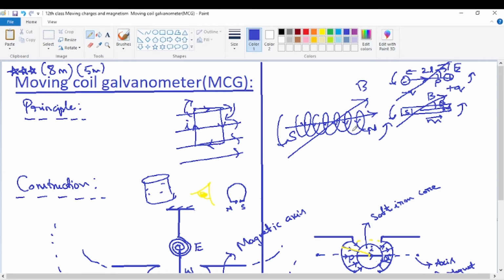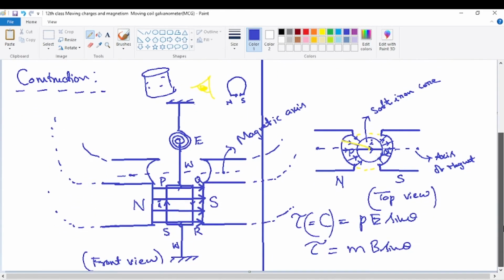Based on that derivation and its result, many things can be proved related to a coil behaving exactly as a bar magnet. One such proof is, what is the torque acting on a coil carrying current? That can be shown to be exactly similar. Torque acting on a circular coil carrying current can also be shown to be mB sin theta, where m is the magnetic moment of the coil carrying current, whether it's a circular coil or a rectangular coil, any kind of coil. Now, what is the magnetic moment of a coil carrying current? It can be shown.